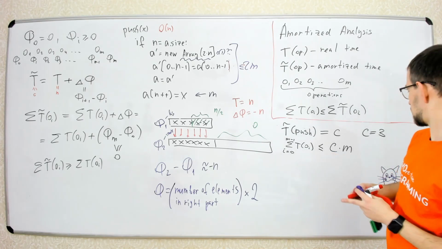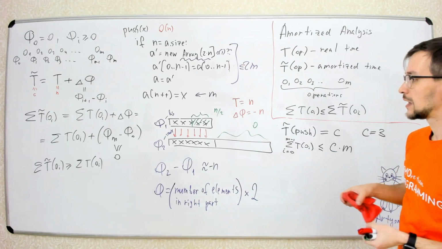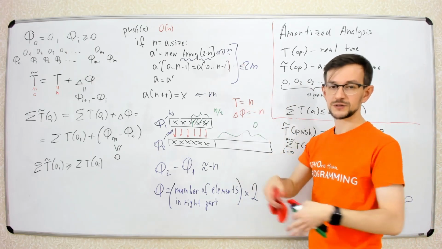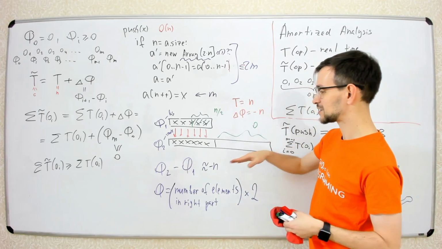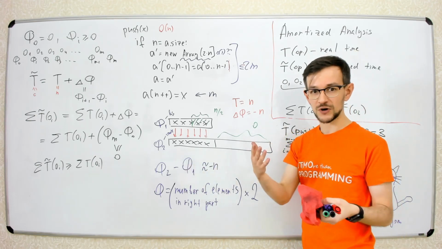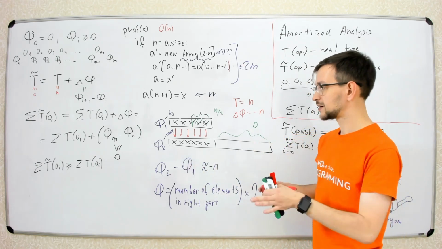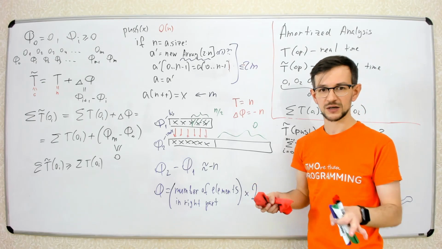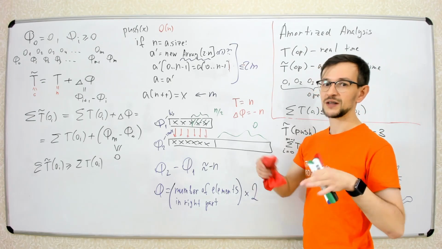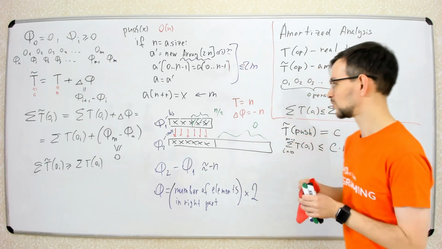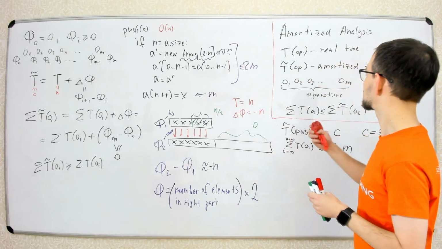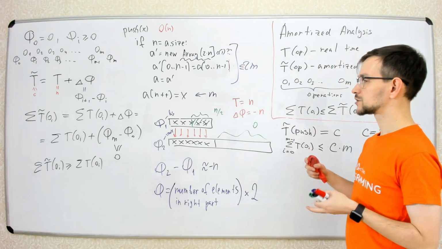And another, that's a very powerful technique, but it needs some insight about how to get this potential function. There is another technique that basically does the same, but it's more visual, so it's easier to think about when you know about amortized data structures. It's called